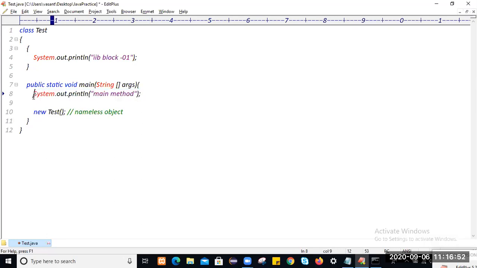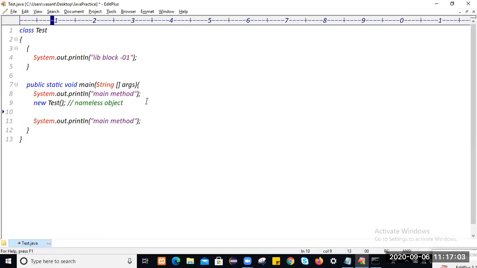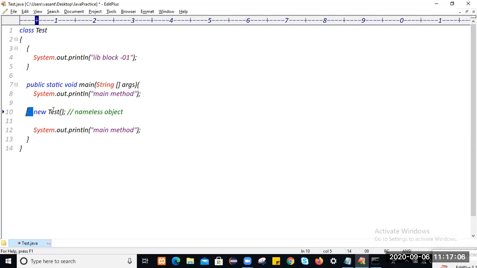Main method execution will start at the main method. Always remember the execution will start at the main method. Line number 10, this statement will create an object. The moment it creates an object, first of all it will check whether there is any instance block or any constructor within this class. We don't have any constructor. We have an instance block. First the instance block will get executed. After that, the compiler will generate a default constructor, and that default constructor will get executed. So this is the internal flow.